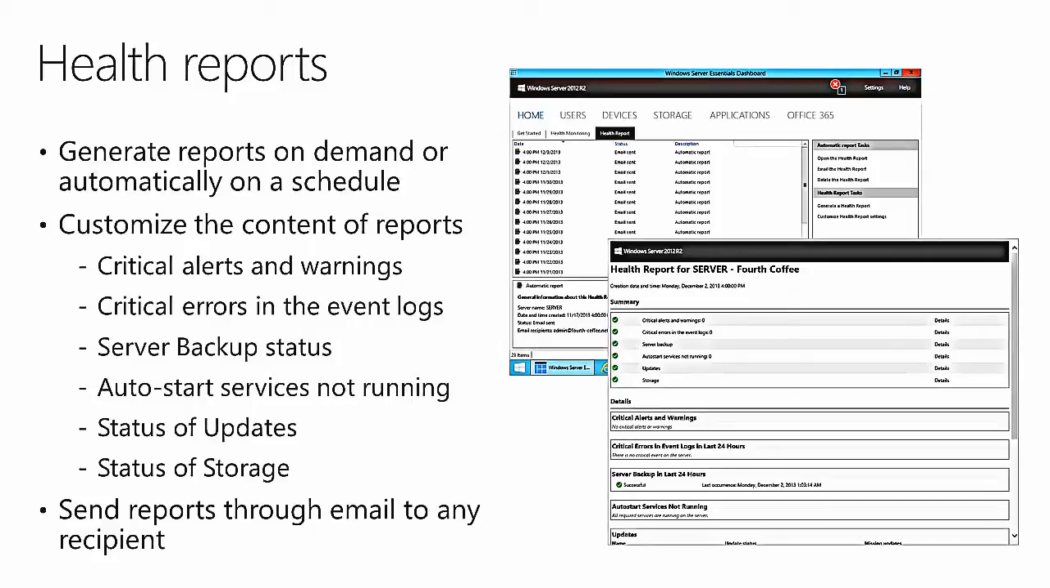So as I mentioned, you can generate a health report. You can generate reports on demand, and you can also set up a schedule so that they're automatically created. You can customize the contents of the report. Typically, as a partner monitoring the environment for a customer, you probably have all the sections turned on. But if there's some aspect of it that, say, the business owner has expressed interest in, he's very curious about